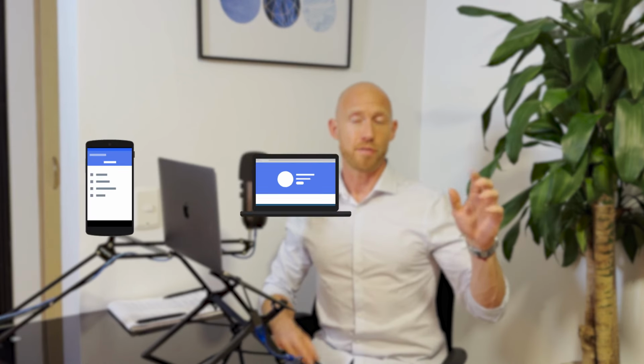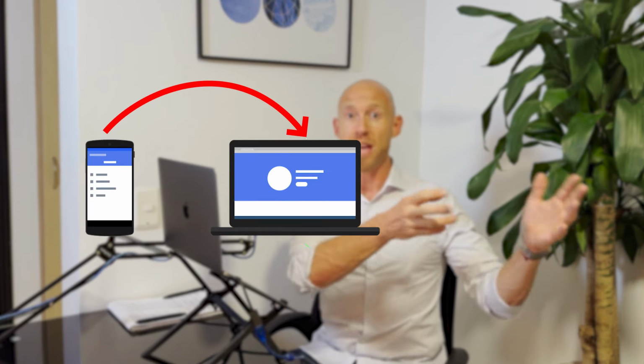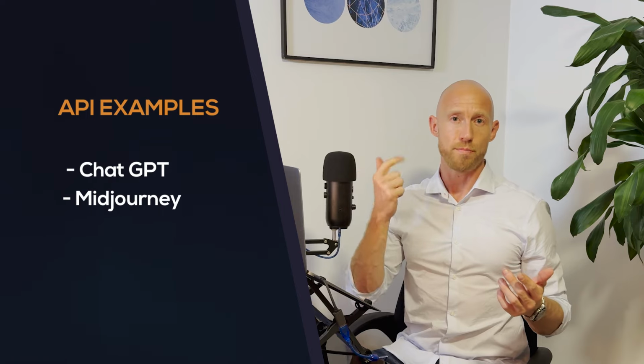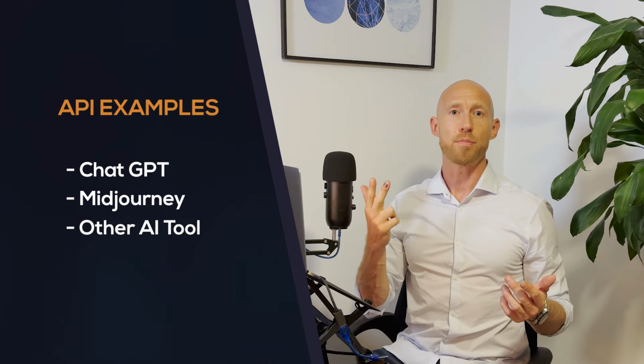When you're first pulling together all the things that you're going to need to make your app happen, a lot of the times you're going to be using a thing called an API. What is an API? It's an external service that lets you programmatically integrate with it so that you can utilize its services by sending it off some data and receiving something that's processed back to you. These services are awesome. Examples of these include things like ChatGPT or Midjourney or many of the other popular AI